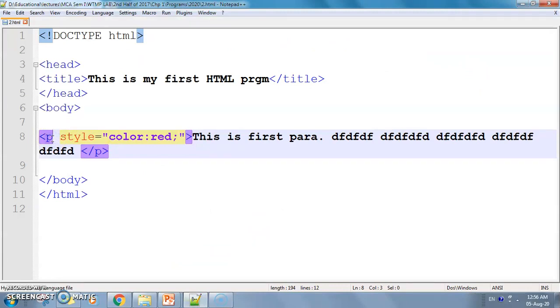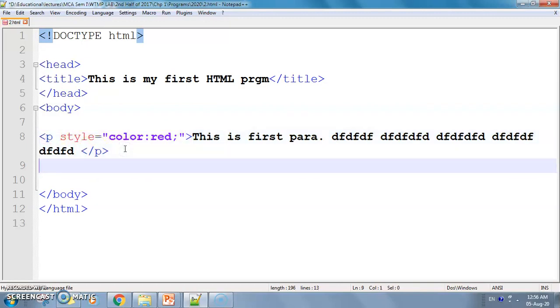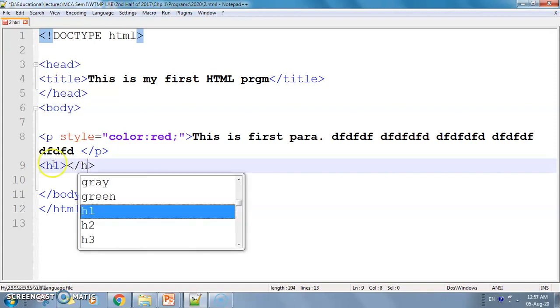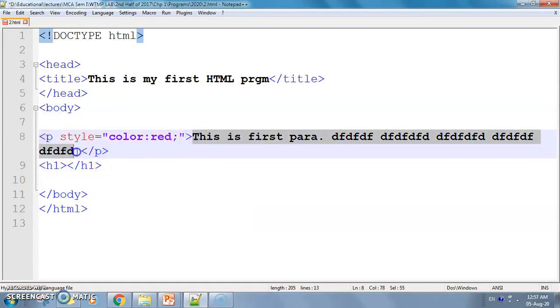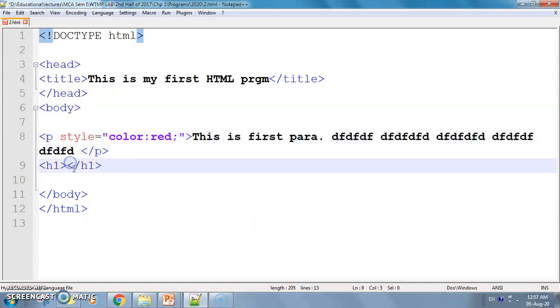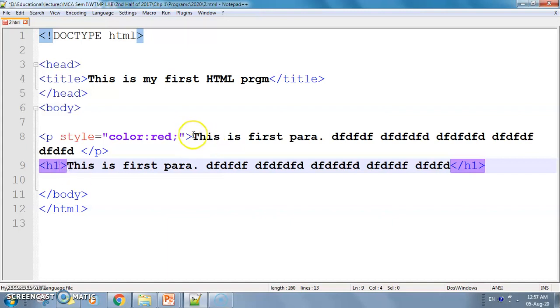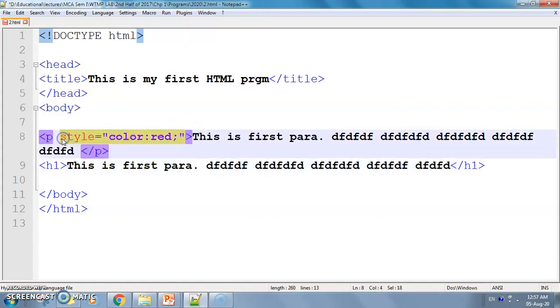P is what? Paragraph. So here I have styled P, but can I use the same for other elements also? Yes, I can. I will take heading 1 here, with its closing tag, and I will use similar content for heading 1 and use the same style attribute.